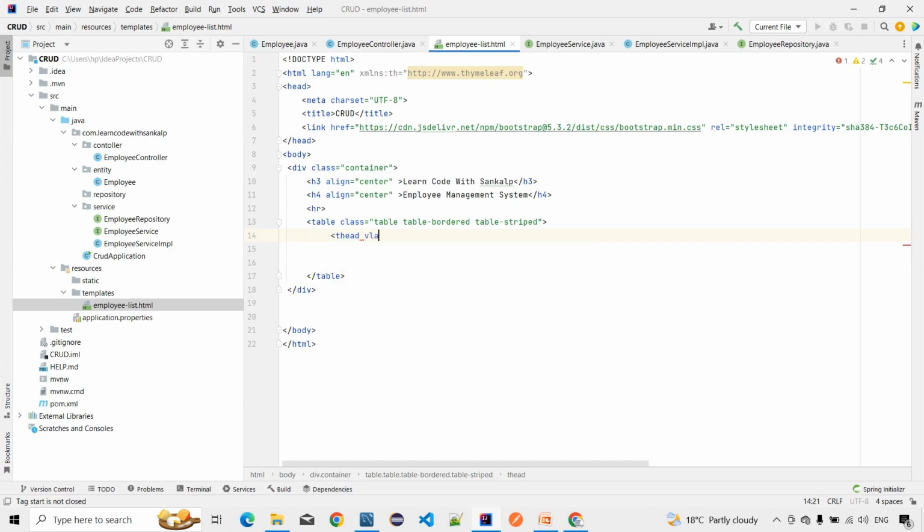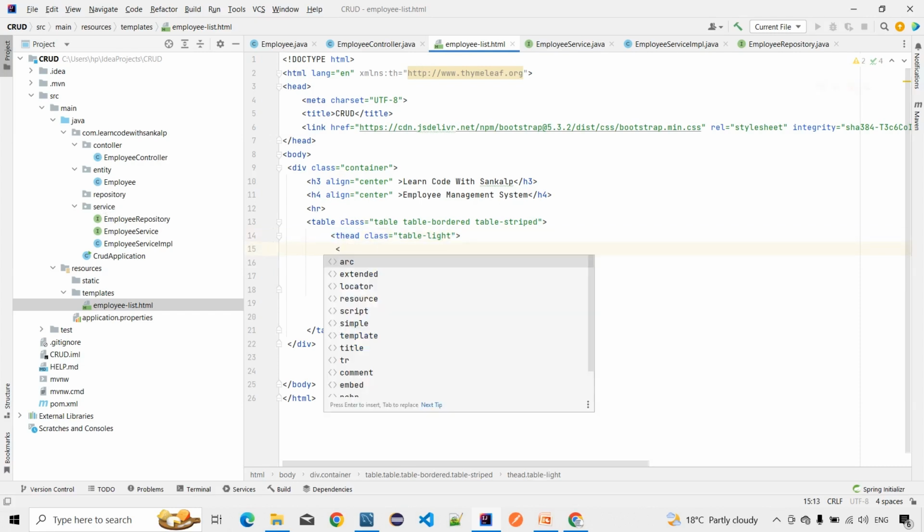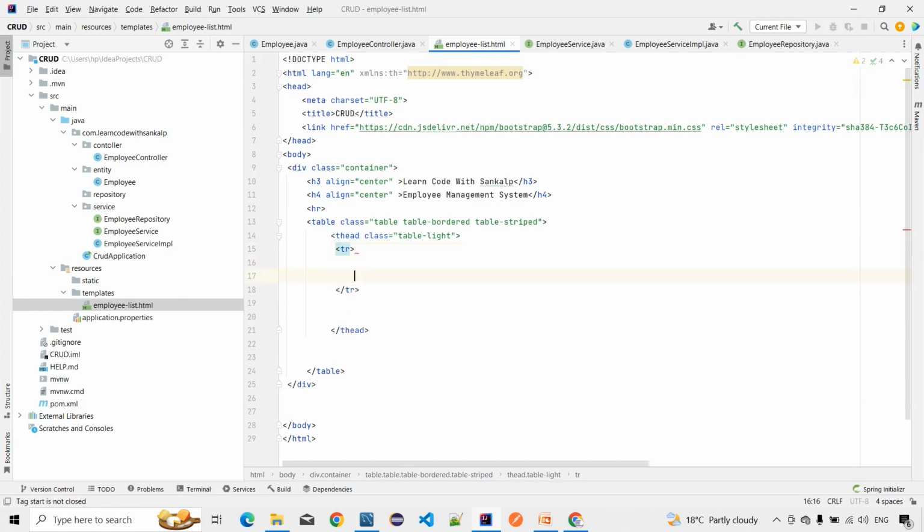and we have a class like this. This is all, guys. I remember these Bootstrap classes, so I am writing them. You can follow the official documentation and refer to the classes as per your design requirement. Table light. Okay guys, and here we can give the heading names, so we give the tr tag first, and